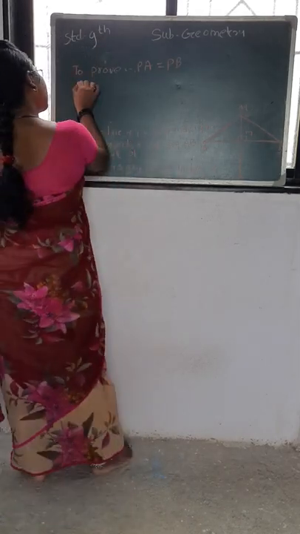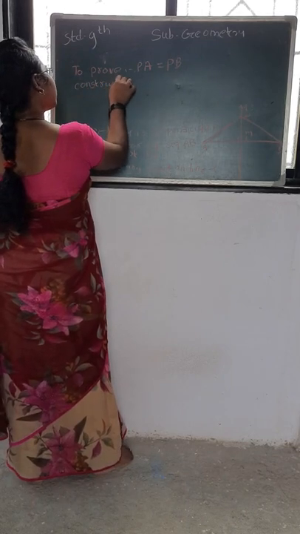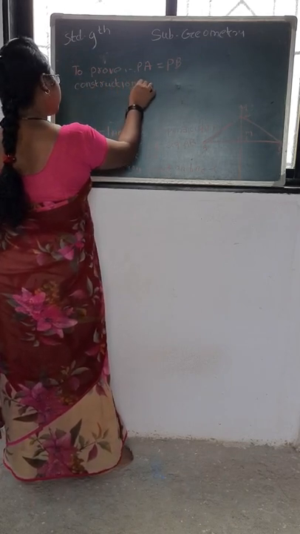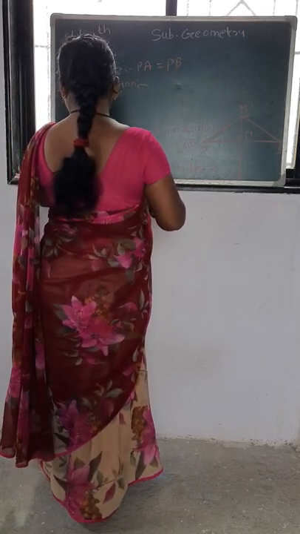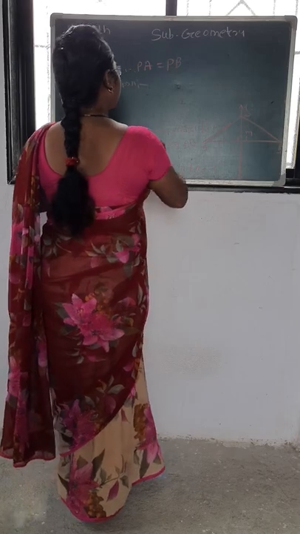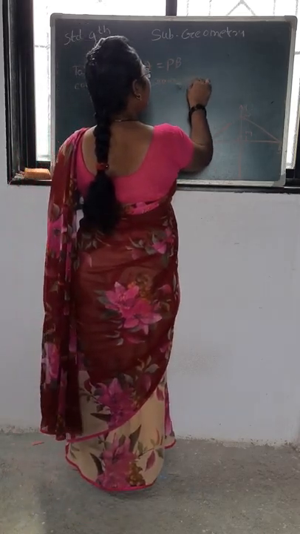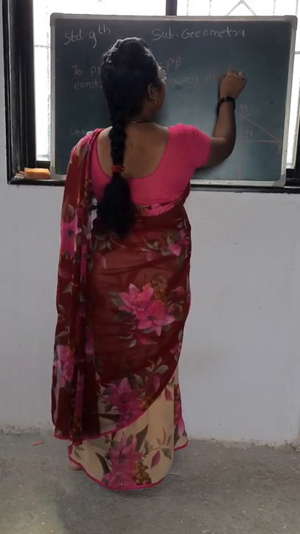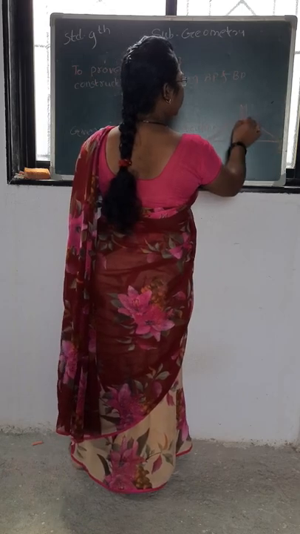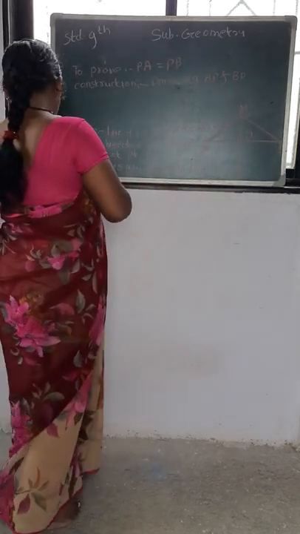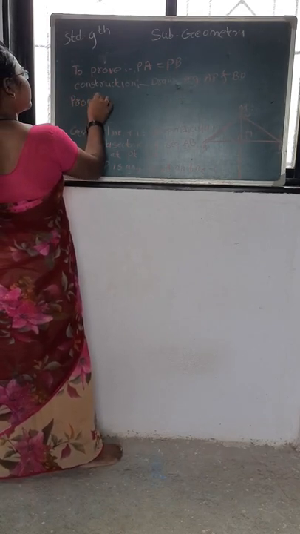Then the construction is: draw segments AP and BP. This is the construction. Then the proof of the theorem, part first, is